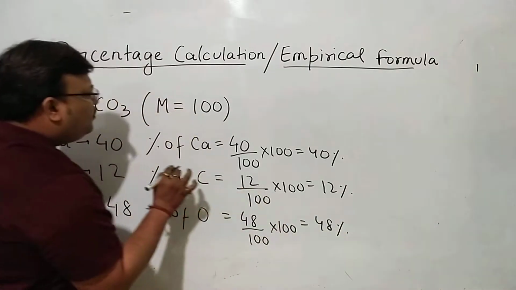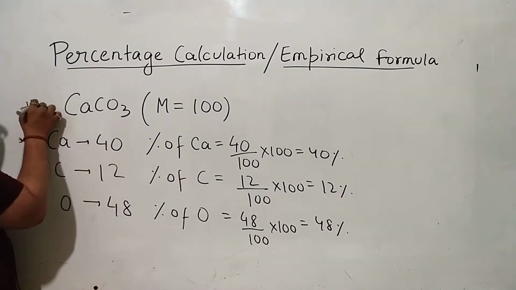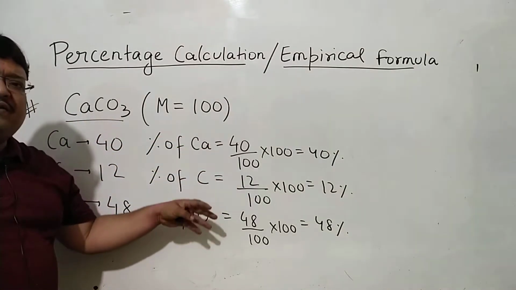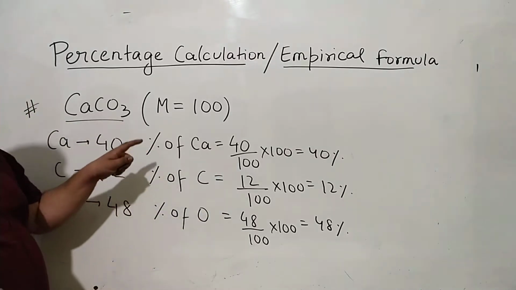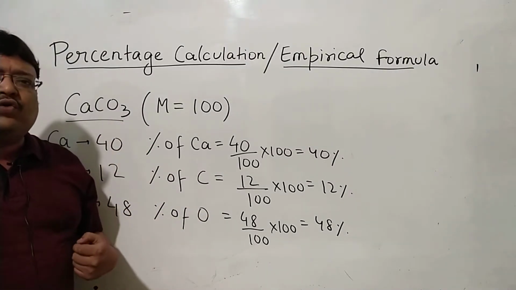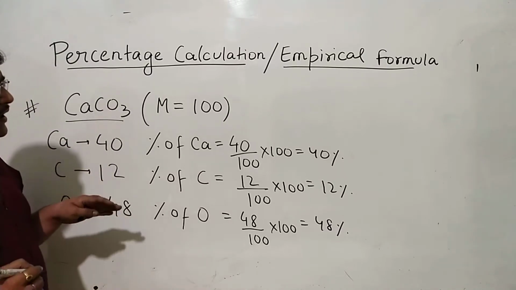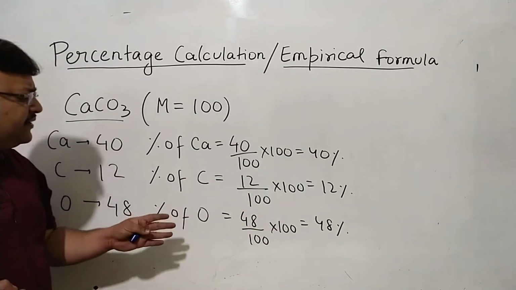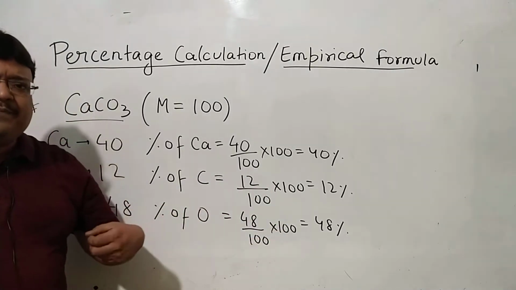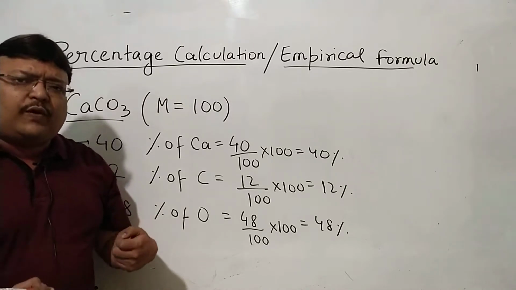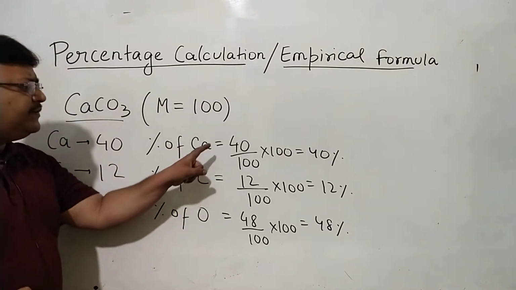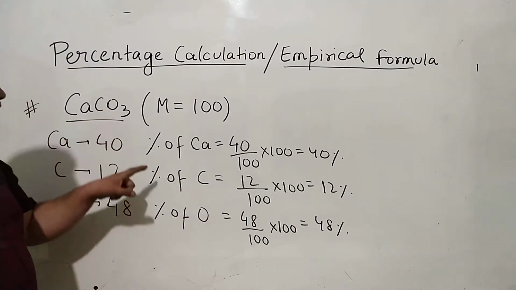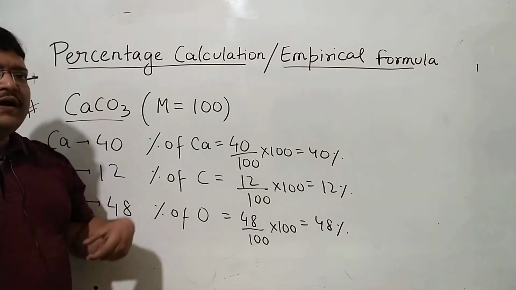So I repeat, calcium carbonate happens to be an ideal choice of an initial example because the molecular weight being exactly 100, the calculations are very simple to begin with. Now, suppose in a given problem you are told that in a given molecule, calcium is 40% by mass, carbon is 12% by mass, and oxygen is 48% by mass. I'm assuming you know basics of atomic weight. You understand atomic weight of calcium is 40, carbon is 12, atomic weight of oxygen is 16. 3 oxygen here, so naturally it's 48 units out of 100 units.